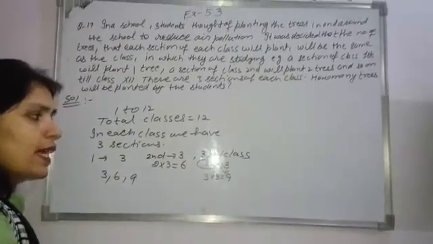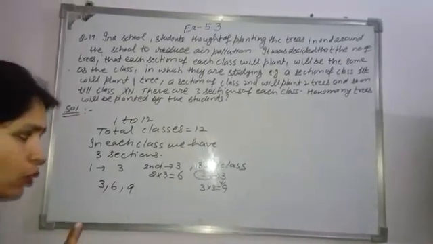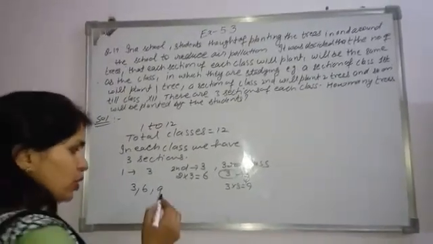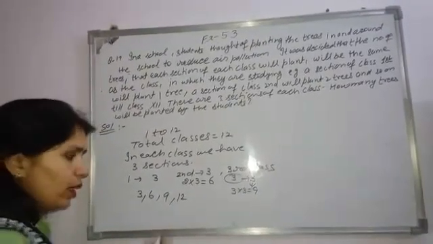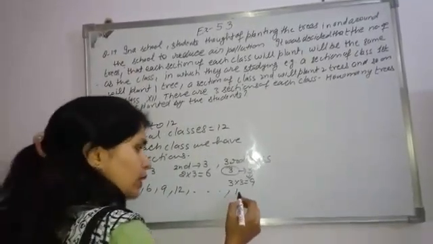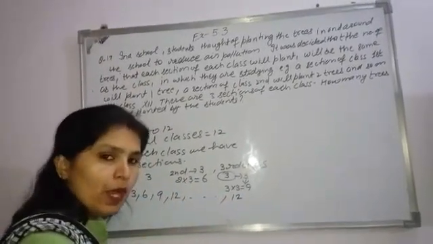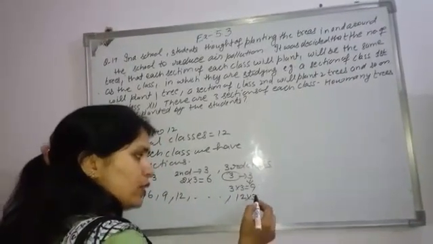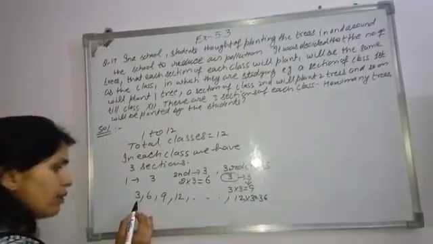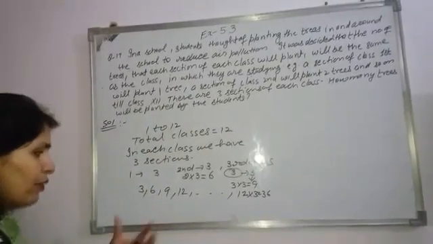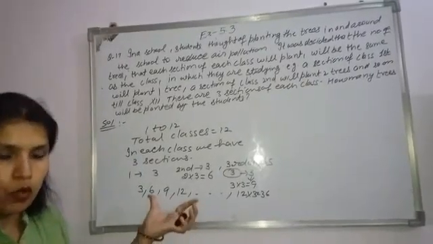Now come to the next class, fourth class. If we are talking about the fourth class, how many plants do we have to plant? 4 plants. And how many sections? 3 sections. So total plants 12. And so on. And last is our 12th class. 12th class means 12 plants they have to plant, and we again have 3 sections. So 12 times 3 is 36. So first value is 3, last value is 36. So first check whether these numbers form an AP or not.